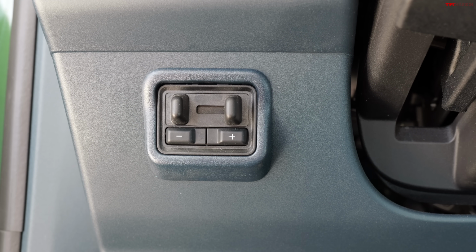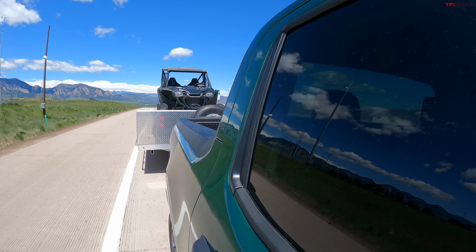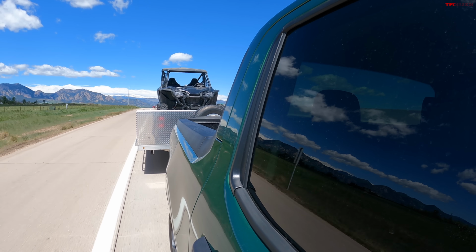It is working, and also I put it in tow haul mode, which it has. Also, amazingly enough, it has an integrated brake controller for the trailer. It's by my left knee, which is maybe not the ideal position, but I'm worried about one thing. What's that? So I put it in tow haul mode. And if it works in the exact same way that an F-150 hybrid does, which I think it does, that means it basically shuts out electric only mode, which is where most of the fuel savings actually come from. It's true. So we may not see amazing numbers,